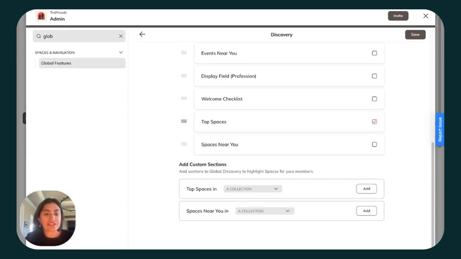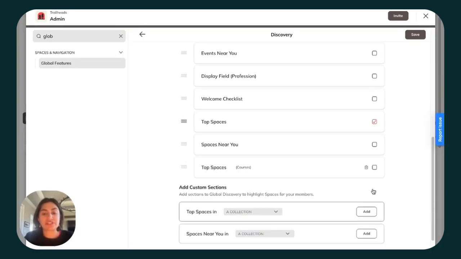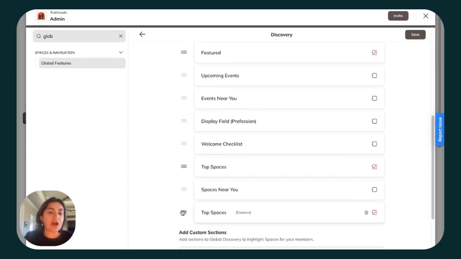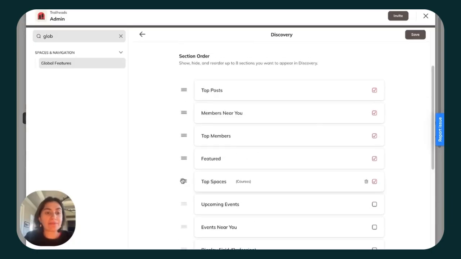And then, as a host, you can also add custom sections. For example, maybe you specifically want to showcase the top spaces in your courses, as in your most important courses, the courses that you most want your members to purchase the upsell for. You can go ahead and check that off. And similarly, you can select spaces near you. I'll go ahead and drag this to the top because I definitely want members to purchase my upsells, and then